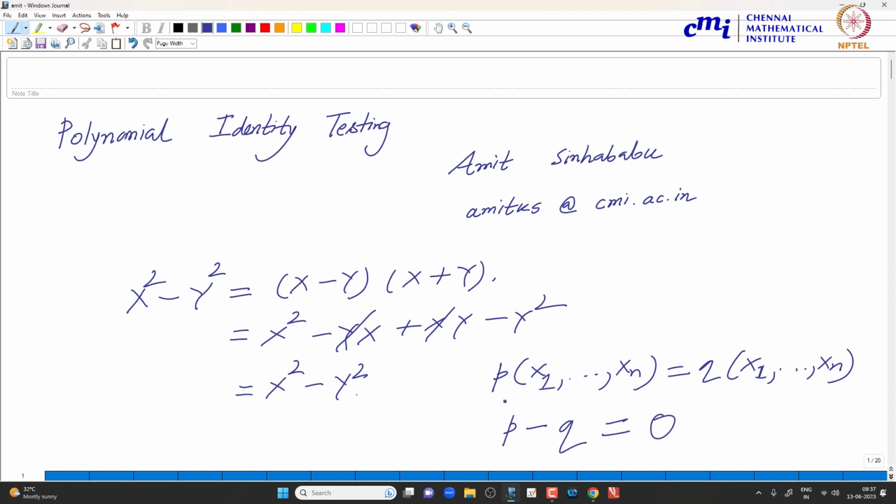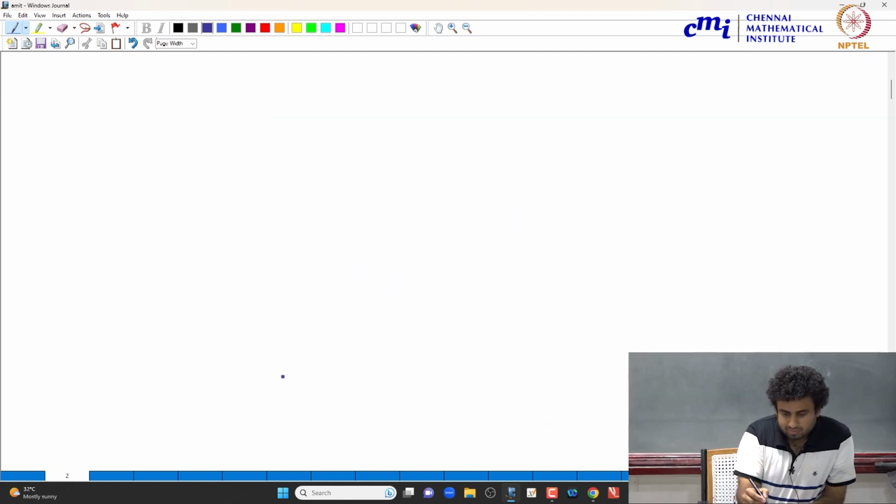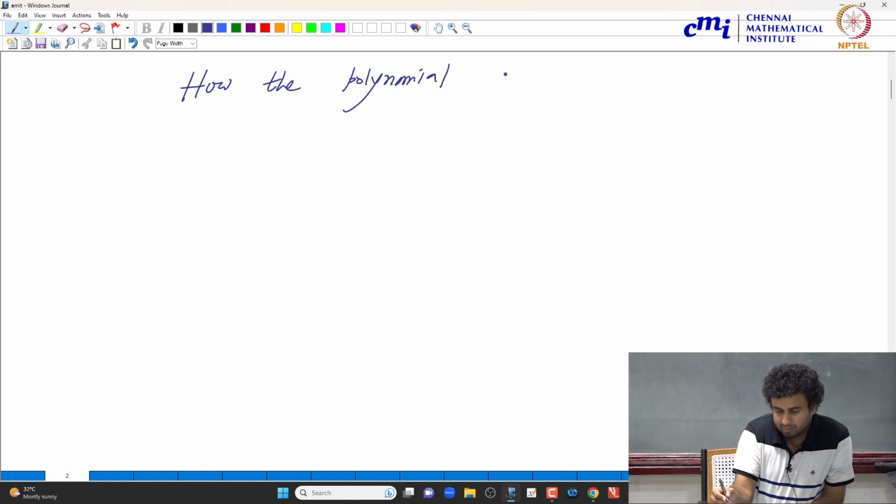So basically the point I want to make here is how these p and q polynomials are given to you as input. That is important. If it is given in an expanded form, then this problem is trivial. But if it is given in a form where you have to do the expansion and check, then this becomes non-trivial. So the question is how the polynomial is given. So now I will be talking about only one polynomial because I brought the other polynomial to the left hand side. How the polynomial is given,